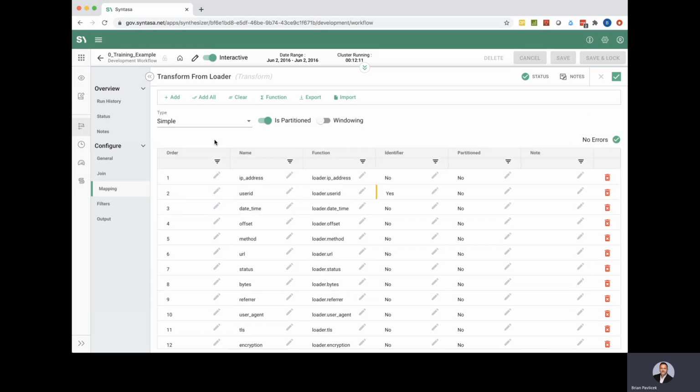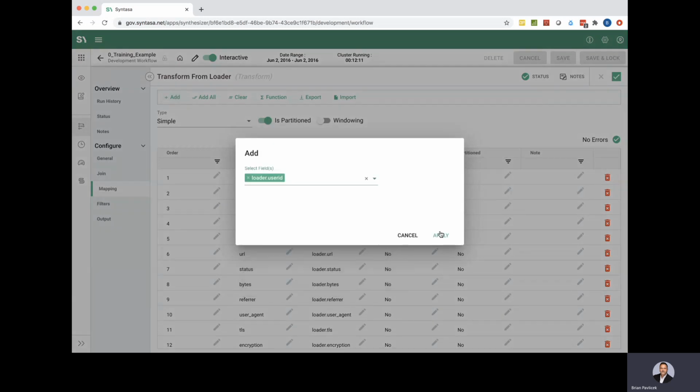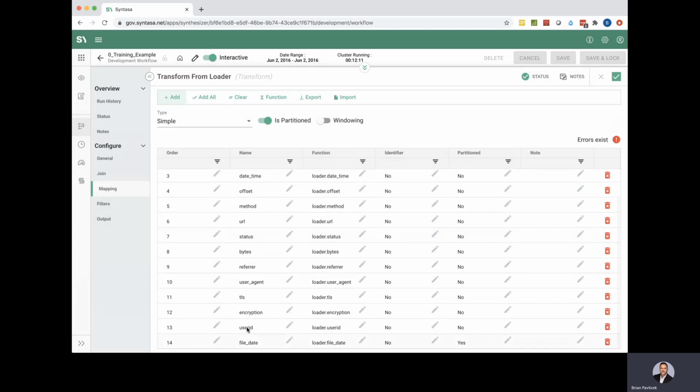It's yes. Then we're going to add our new field. Remember, this is from that user ID field. So we're going to add that field back in here. So now that we've added that field, we actually need to do a manipulation of this element